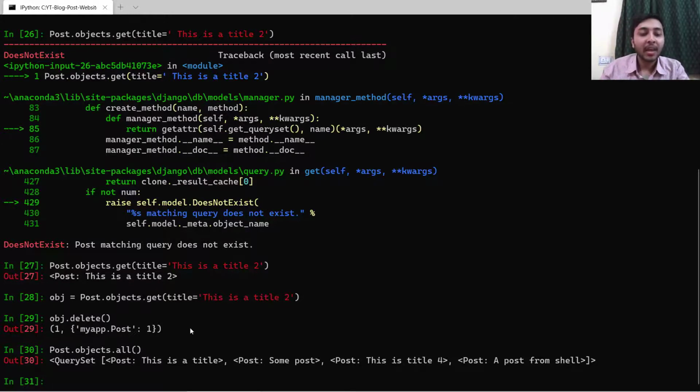All set. Now there is a question. Why do we need query set? That means Django is using query set, but it must have some features, right? So see, query set is lazy. What it means is that until you force the query set to execute, it won't execute.